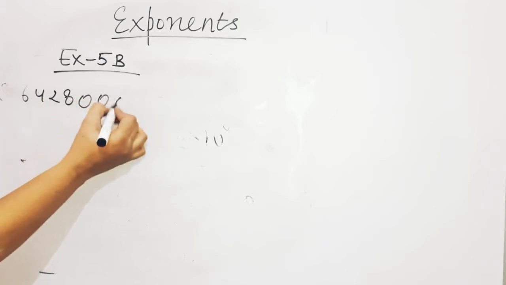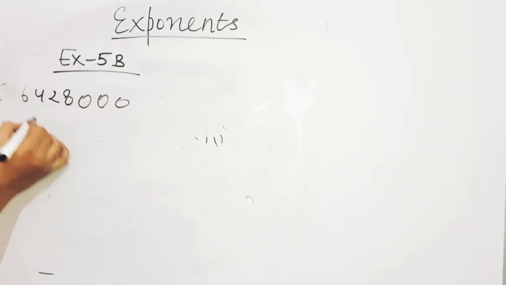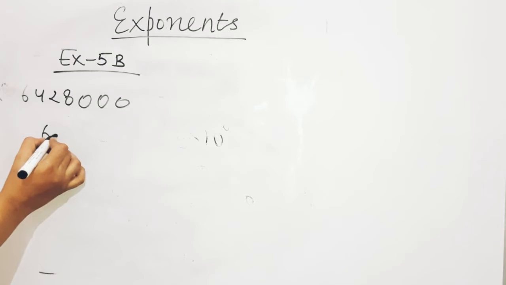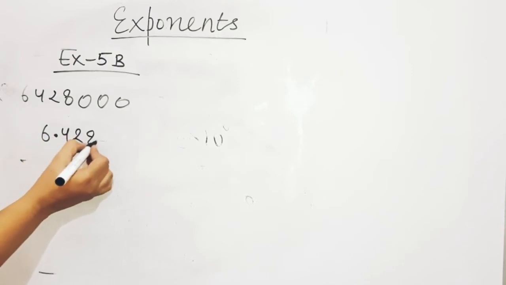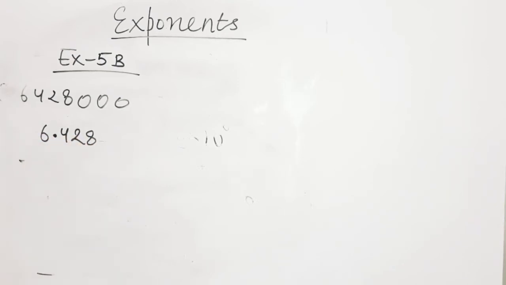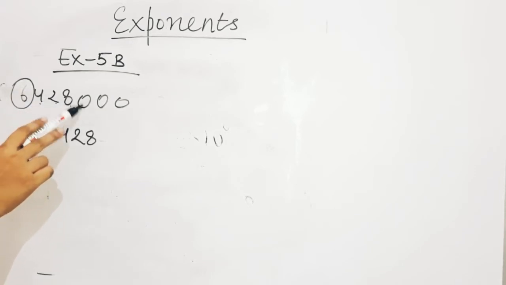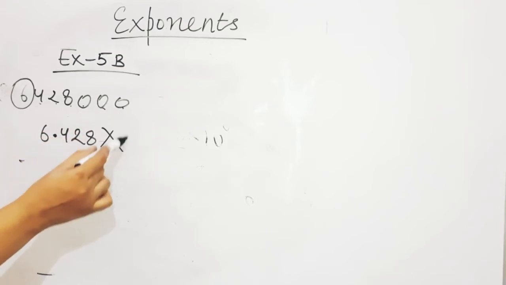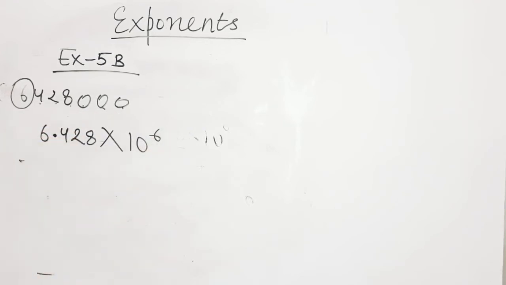6428 3 times 0. Now you will place a decimal point just after the first number, remove zeros from the extreme right and then count the total number of digits leaving the first number: 1, 2, 3, 4, 5, 6, multiplied by 10 to the power of 6. Writing the next number,